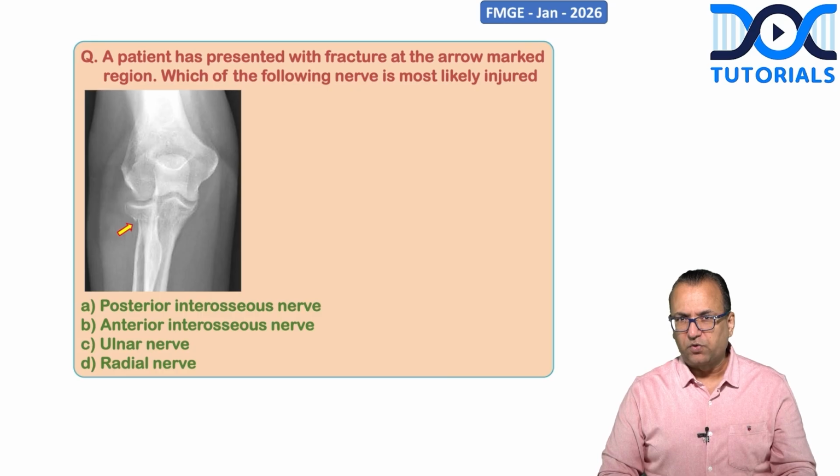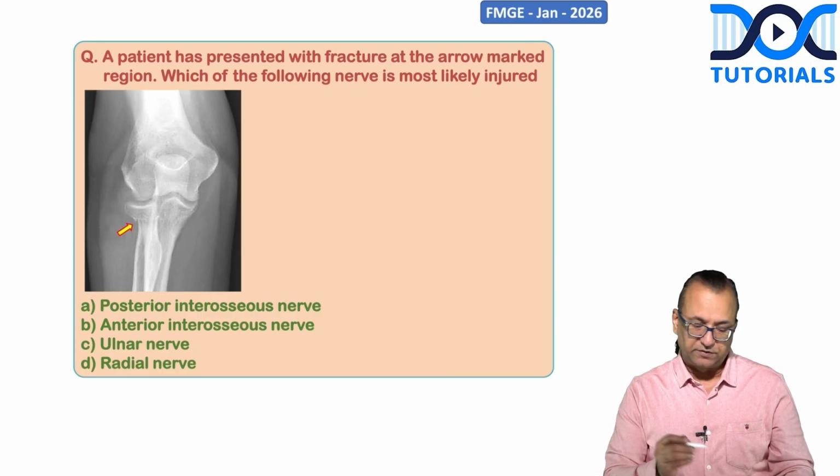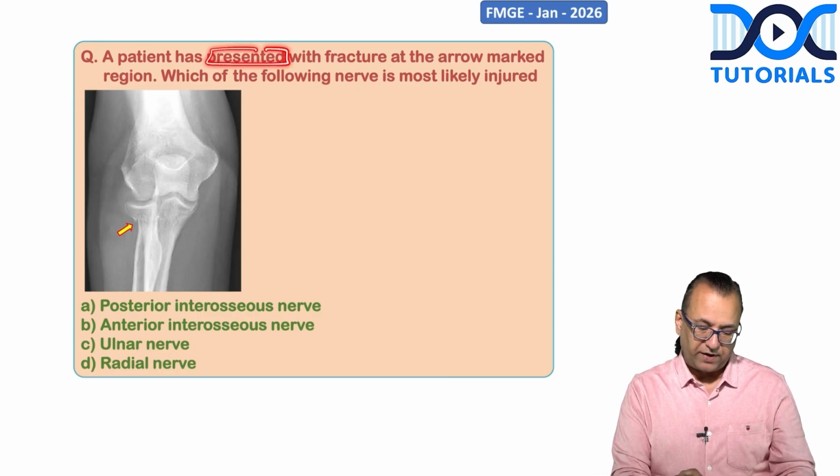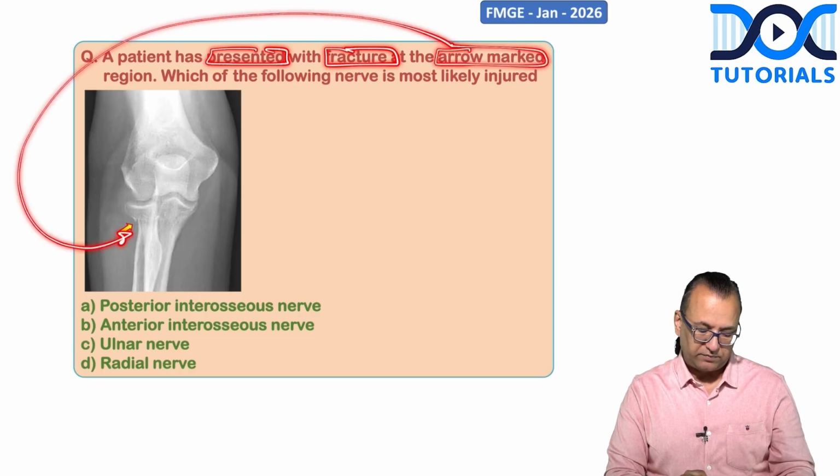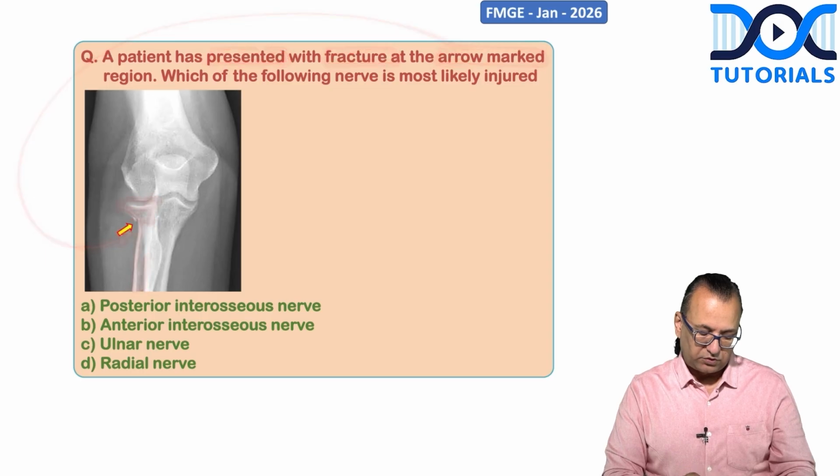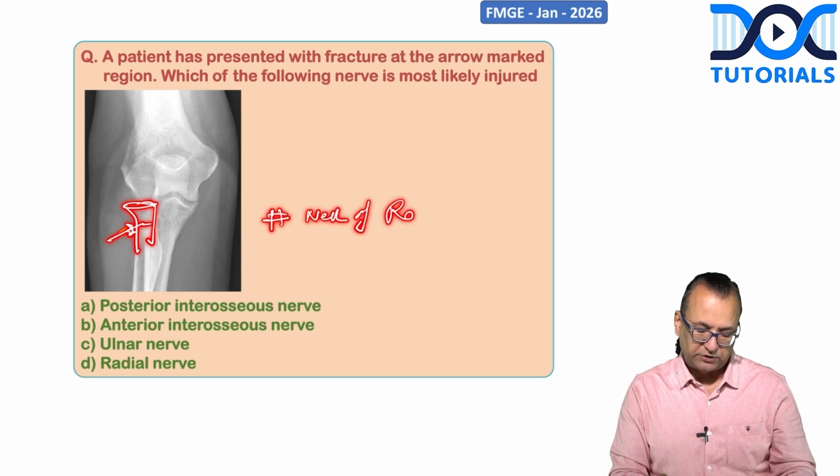A fracture is shown in the radius region. Presenting with a fracture, the arrow mark region is here. This is the radial head and neck. So the fracture in the proximal radius, most probably it is a fracture of the neck of the radius, and that is